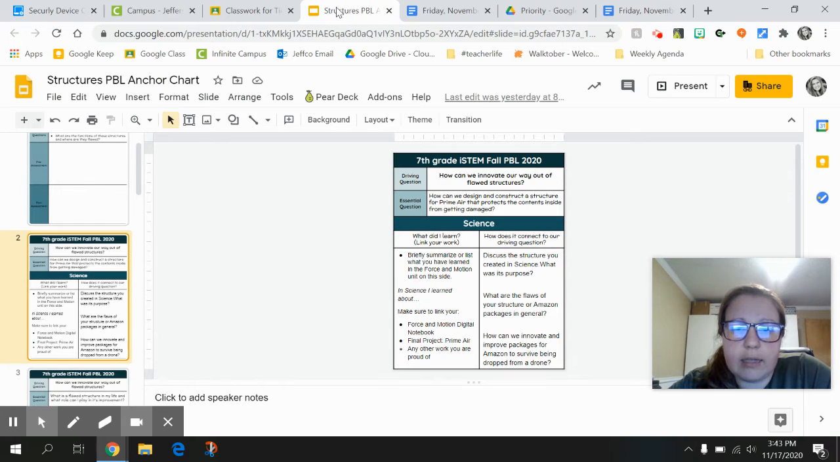Okay. And so the first thing that I want you to add is I want you to briefly summarize what you learned in the force and motion unit. So you can talk about, we learned about Amazon Prime Air and kind of what their hopes are for the future. We learned about balanced and unbalanced forces. We learned how to calculate net forces on objects. We learned about Newton's laws and how we can apply